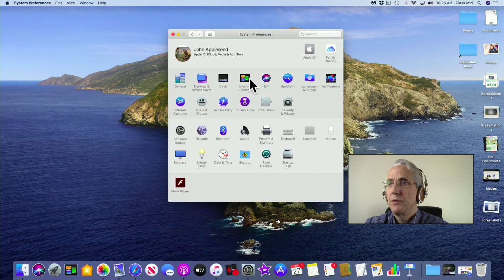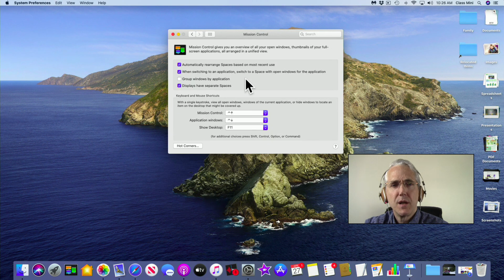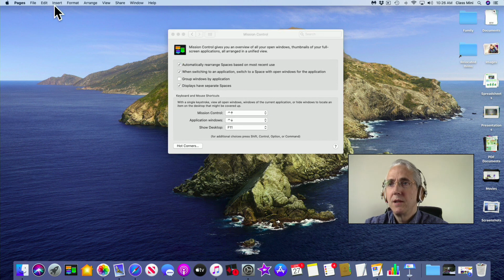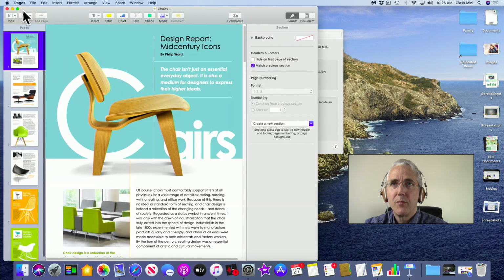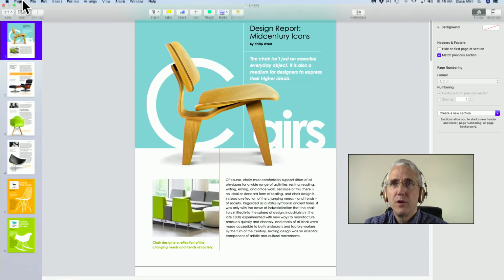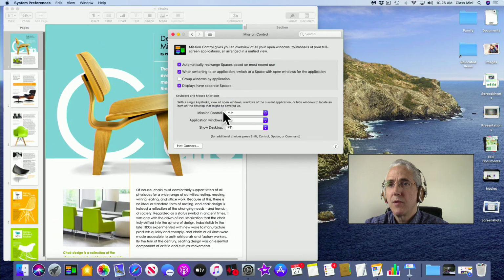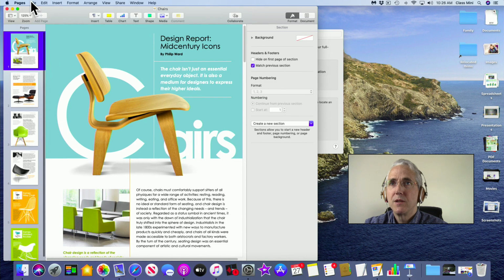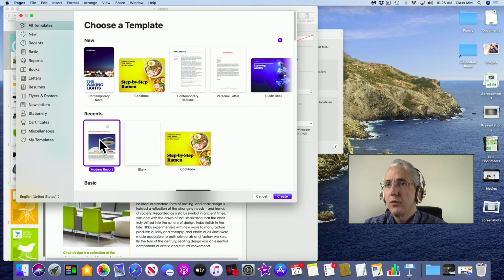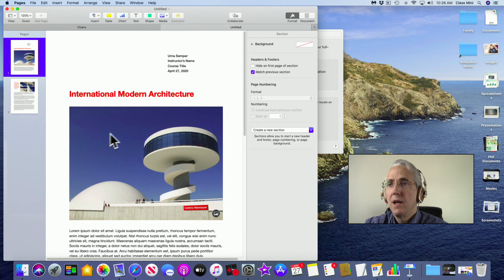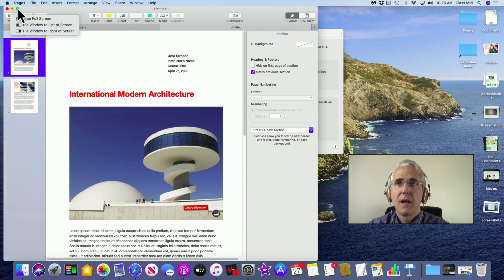Let's come over to mission control. I just demonstrated spaces a little bit when I was in Pages, and I clicked the green ball. It put my chairs document in a separate space. So when you go into full screen, that is what they call a space. And I just want to demonstrate something here. Actually, let's make another new document in Pages, and because I don't want to mess up, we'll do that modern report again. I want to work on modern report, and when I hover over this in Catalina,